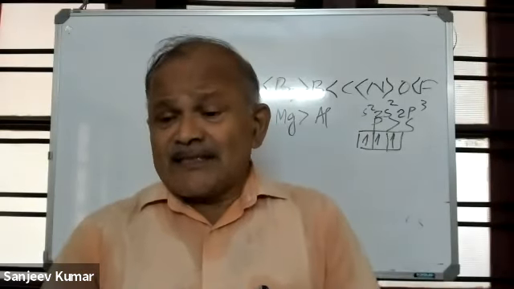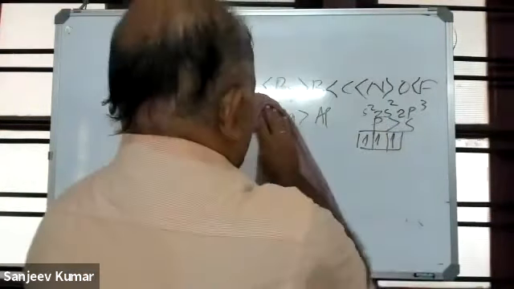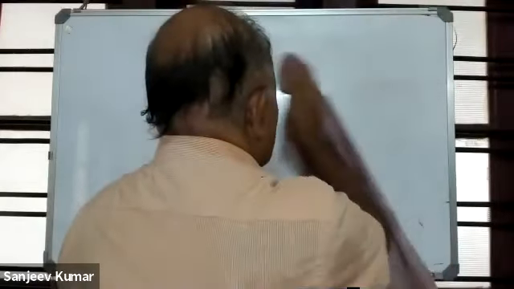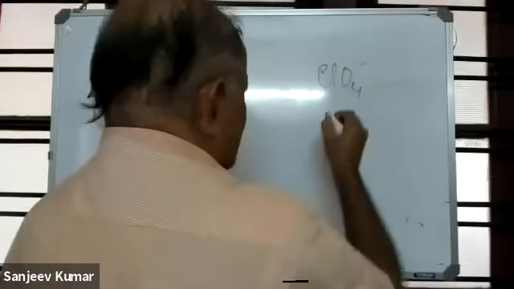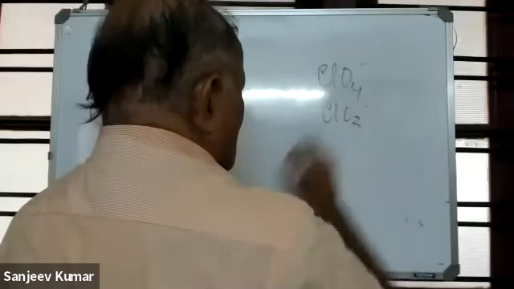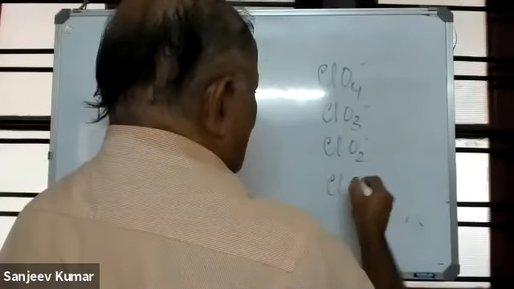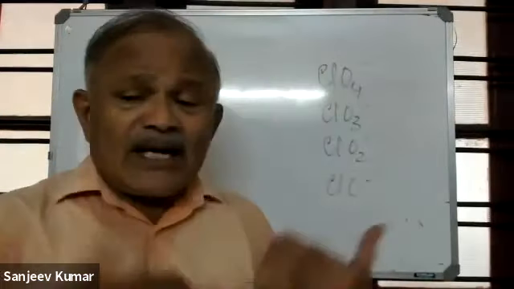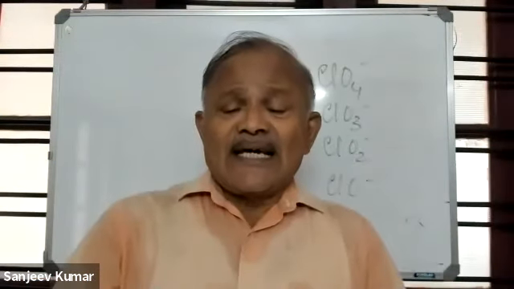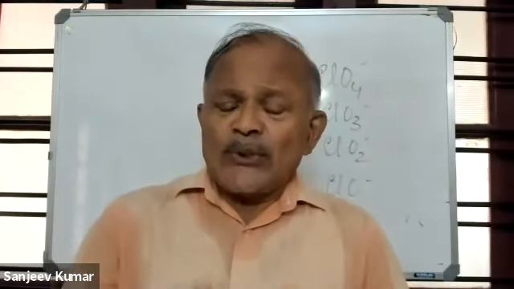ClO4 minus is the perchlorate ion. That is potassium perchlorate, KClO4, and ClO4 minus is the perchlorate ion. ClO3 minus, chlorate ion. ClO2 minus, chlorite ion. ClO minus, hypochlorite ion. Perchloric acid is HClO4, chloric acid is HClO3, chlorous acid is HClO2, and